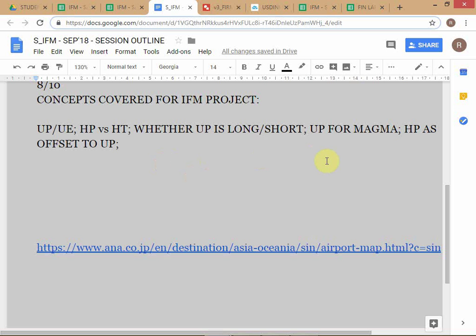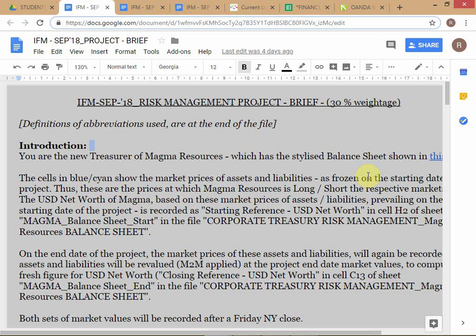Then the underlying positions for Magma, for the balance sheet. We looked at the balance sheet and